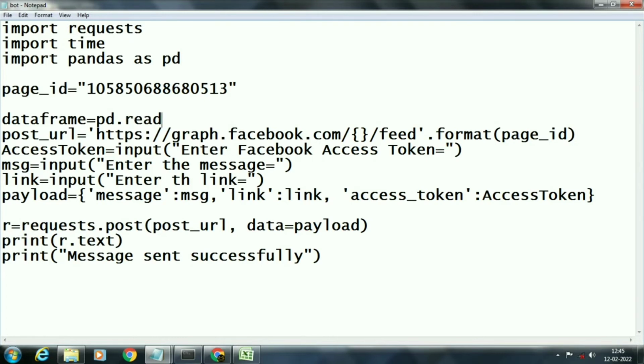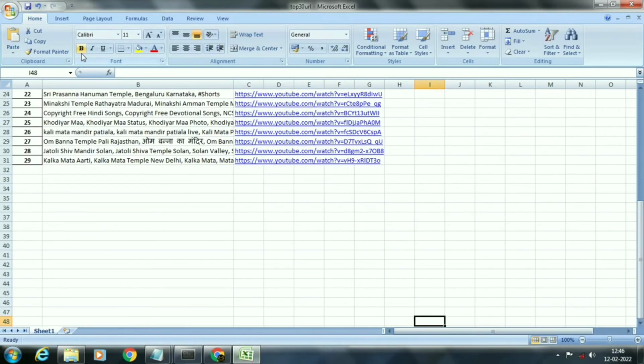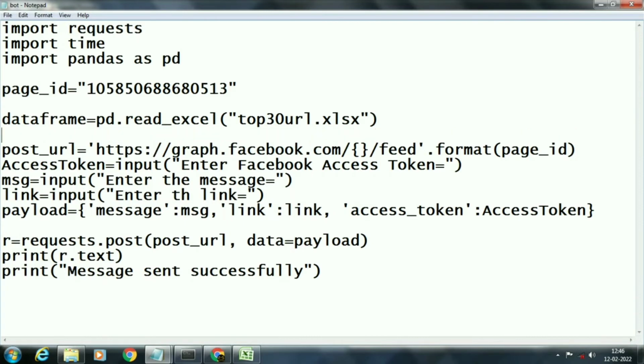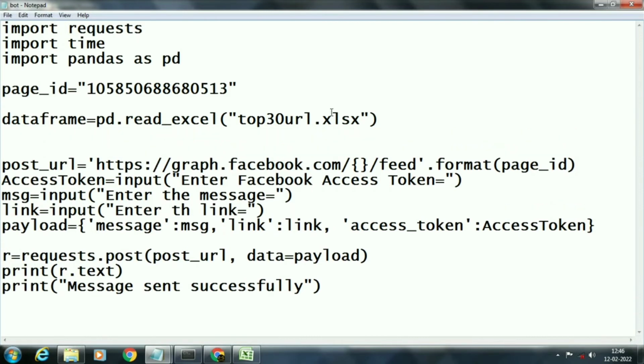We will write the command pd.read_excel, then parentheses. In parentheses we will write the name of the Excel file. Here the Excel file is stored in the directory where our source code file is also saved, so there is no need to write the whole path of the Excel file.